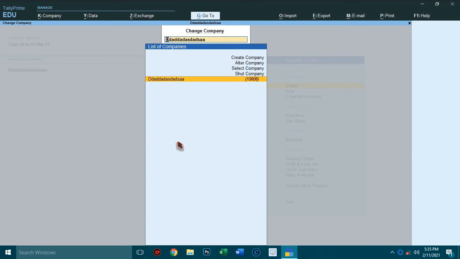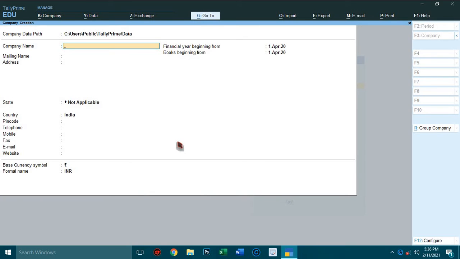Press F3, select create company, press enter. Type Rakesh Exports Limited. Type the address: number 25, 10th Main, 15th Cross, Vijayanagara, Bangalore.